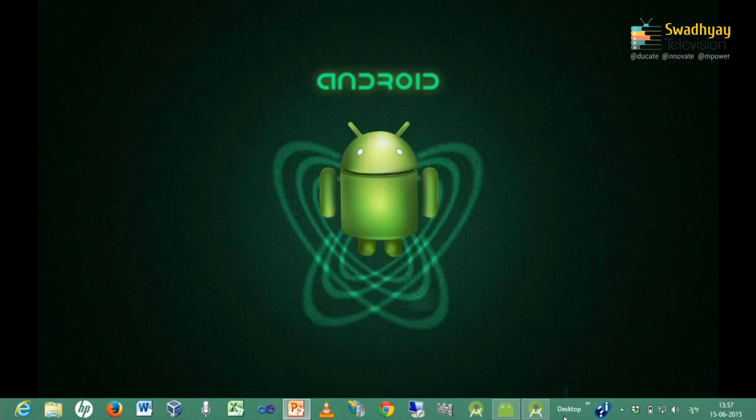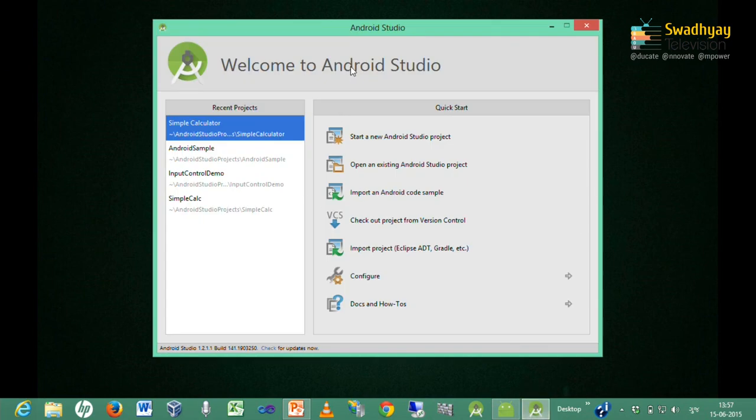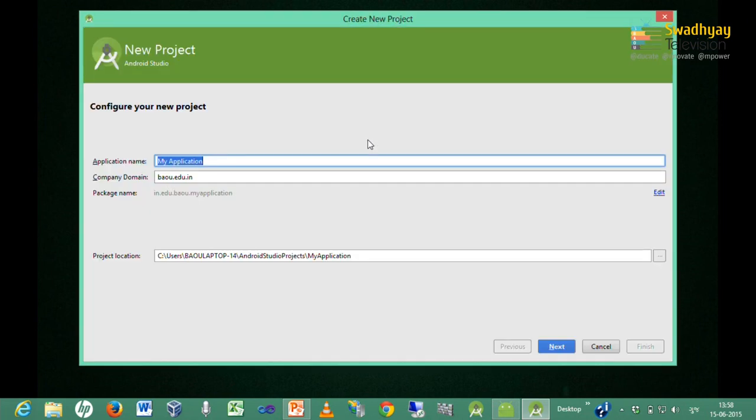So here is a Android Studio welcome screen. We want to create new application. So I press start a new Android Studio project, and we have already discussed how to create these kind of application. So here I entering all the required data.